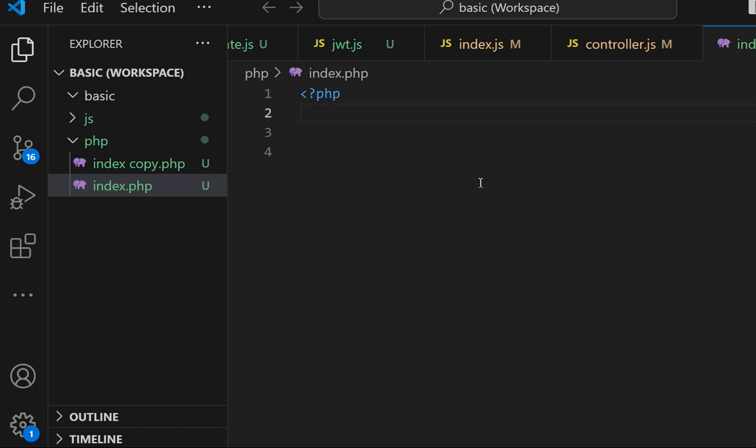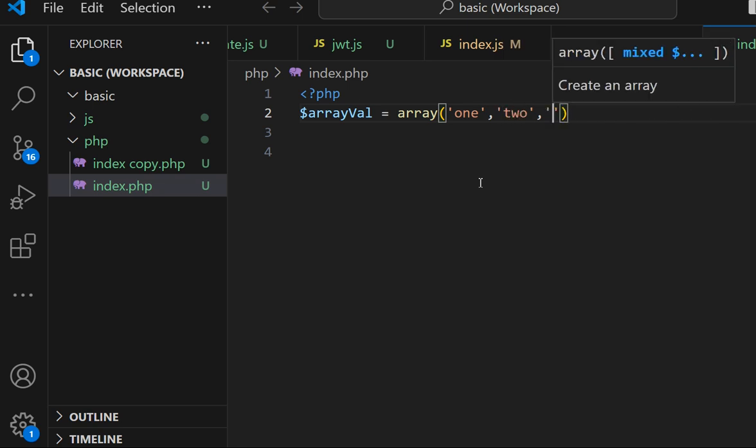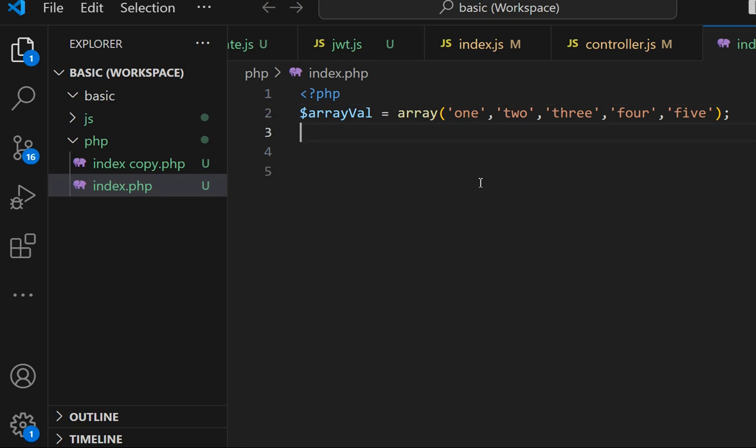Okay, now create an array 1, 2, 3, 4 and 5. And if you need this array value converted into a string with space, like 1 space 2 space 3, or any other separator. Okay, so now